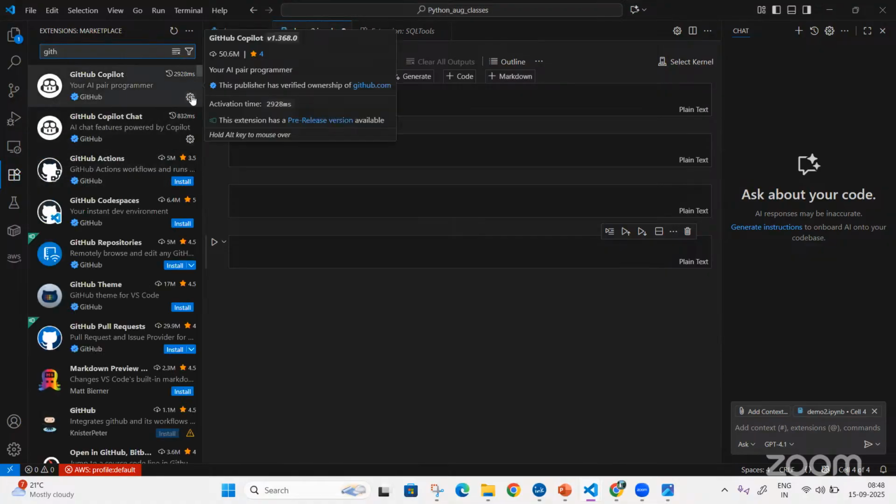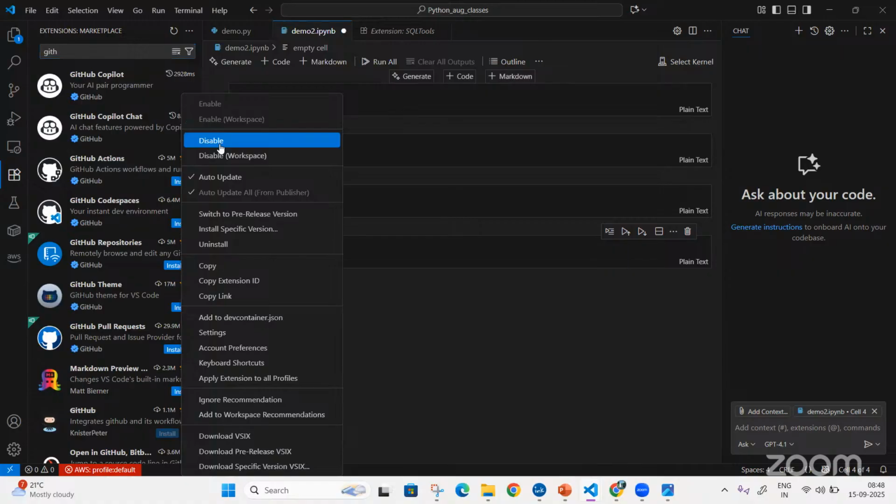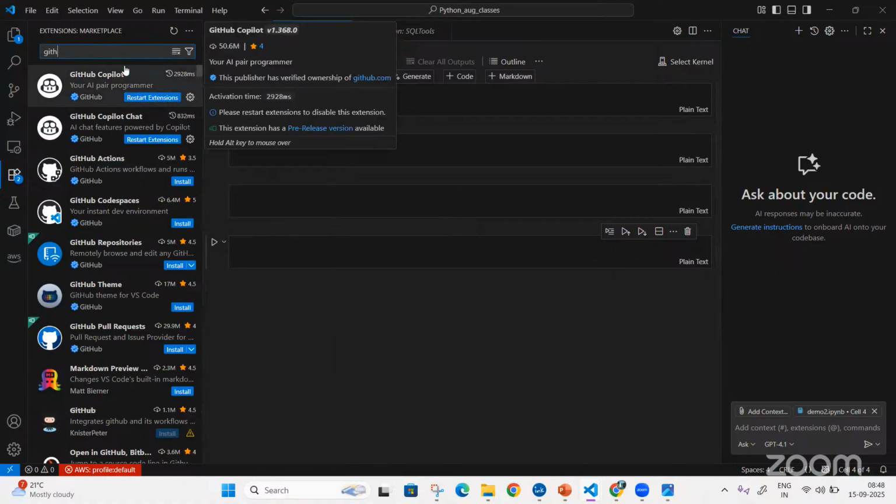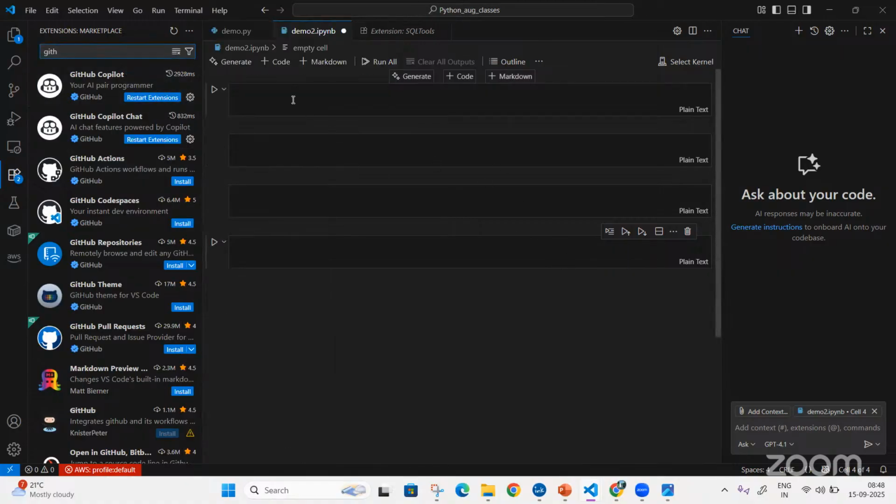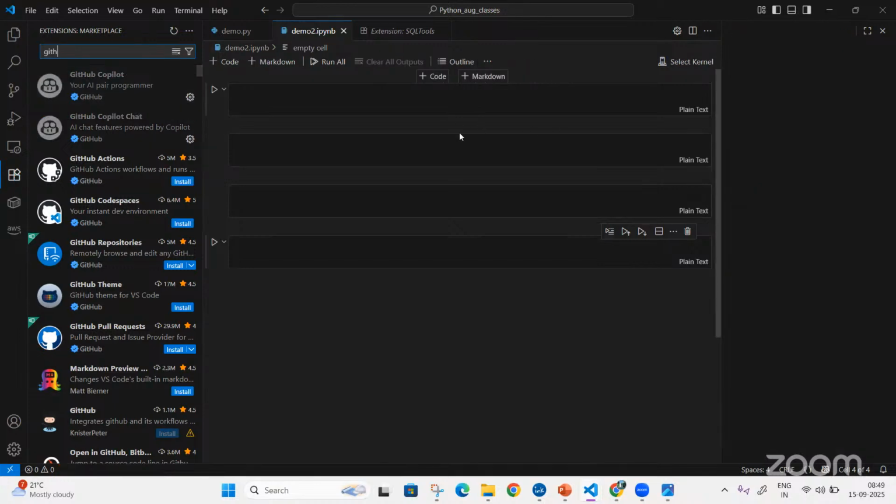Now there is something called GitHub Copilot. Please go and disable this. Whenever you write code, it will give you the next line of code. Since you're practicing Python, please don't enable this. You need to practice Python for now, at least. Go and disable it. If you have any issues, you can check in ChatGPT what the issue is. But please don't use this in your Visual Studio.